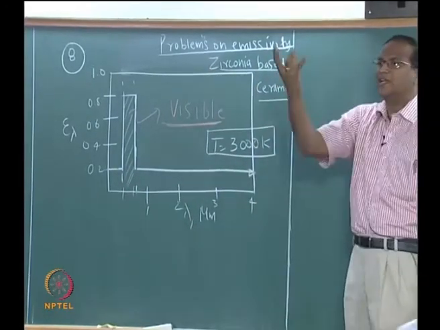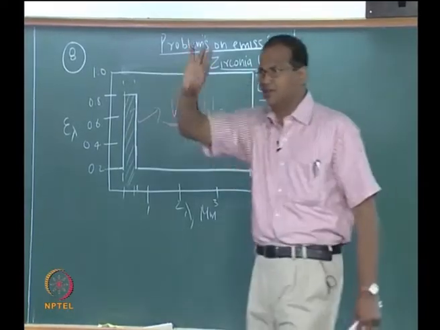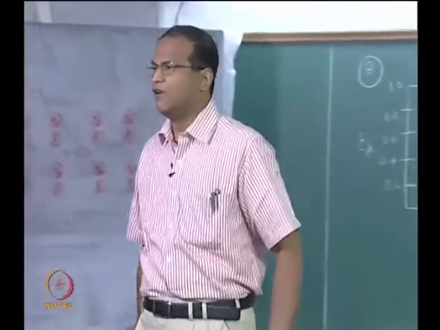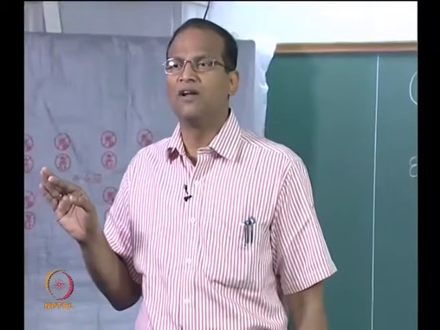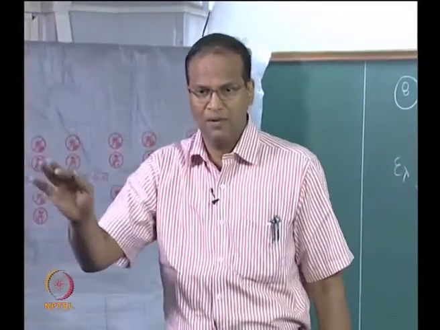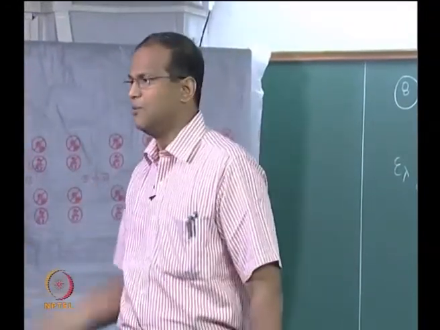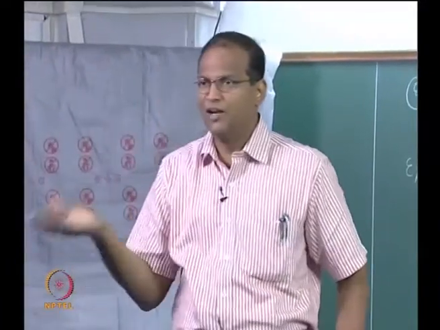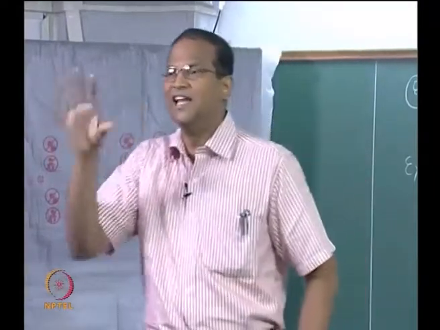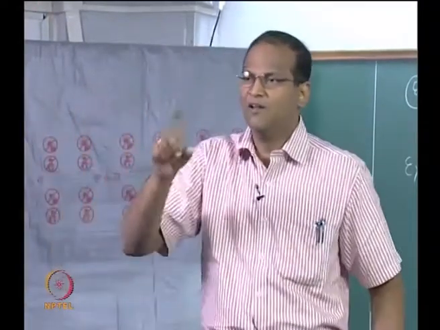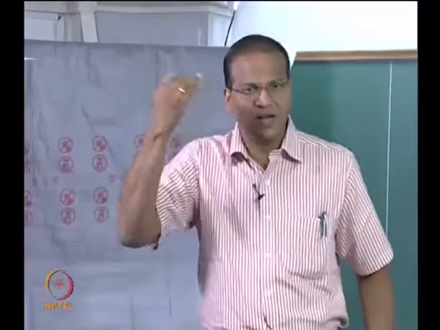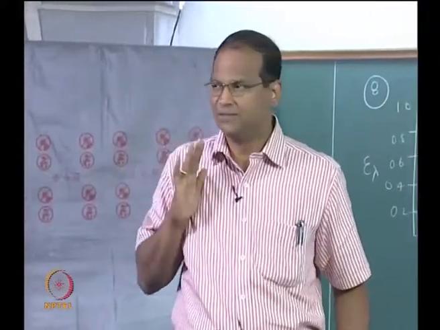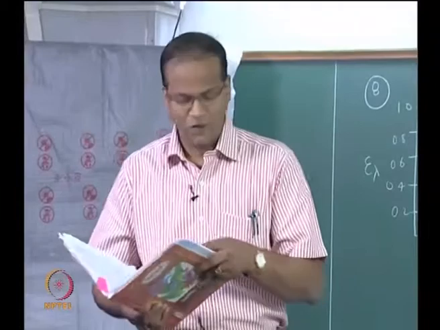Now assume that in your tungsten bulb everything is remaining the same. You pull out the tungsten filament, you are replacing by zirconia filament. Now we want to compare what will be the power consumption of this zirconia bulb. What is the ratio of the power consumed by the zirconia bulb to the power consumed by the tungsten, and in the visible part of the spectrum, which will give more light. So then you get an idea of the engineering aspects of what will happen if epsilon lambda versus lambda is given for various surfaces, and you are trying to calculate epsilon, and you are trying to calculate other quantities which are of engineering interest. That is the goal of solving this problem.